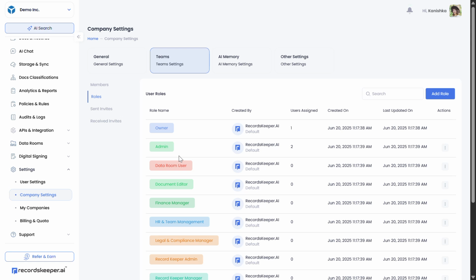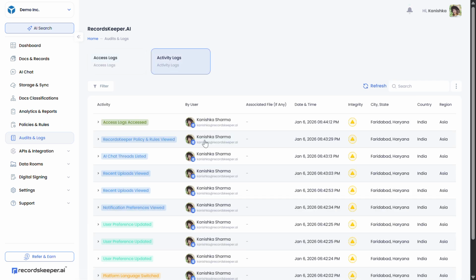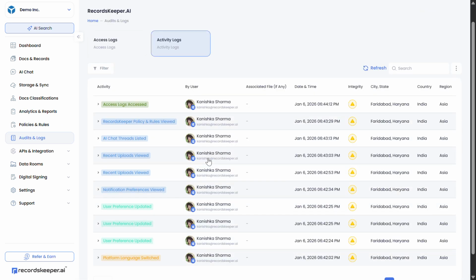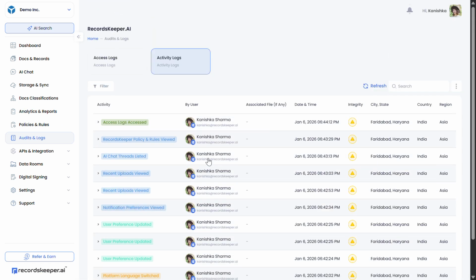You can also get the activity logs for your company's assessment depending on who is accessing your documents at what point of time and what they have been doing with these documents. Now, this is very important for every organization to maintain, and we have understood it and maintained it for all the companies that use